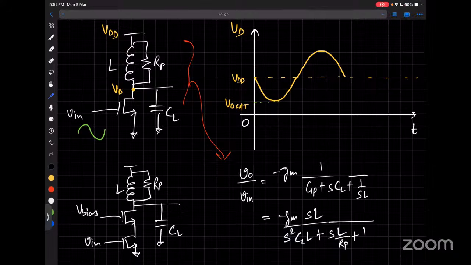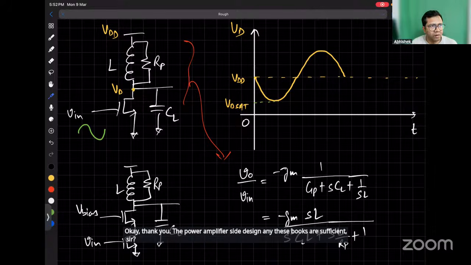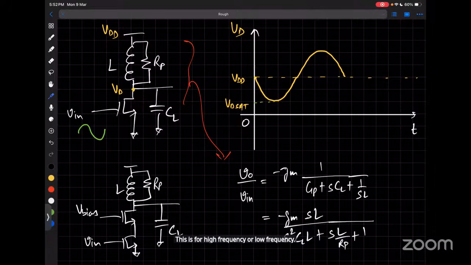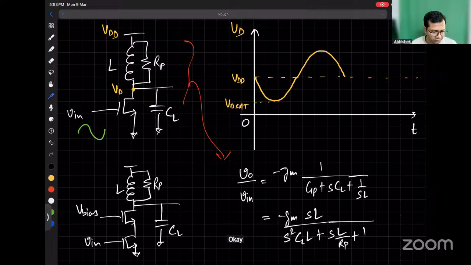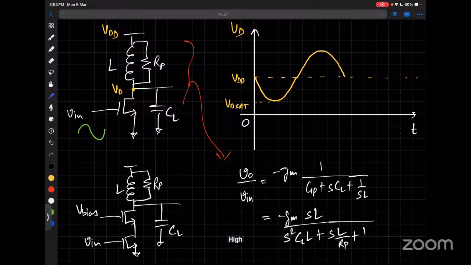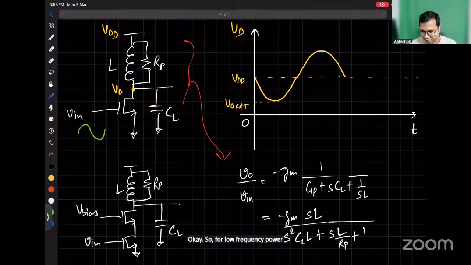Okay, thank you. For the power amplifier side of design, are these books sufficient, sir? Is this for high frequency or low frequency? Low frequency, high power. Okay. So for low frequency power applications,